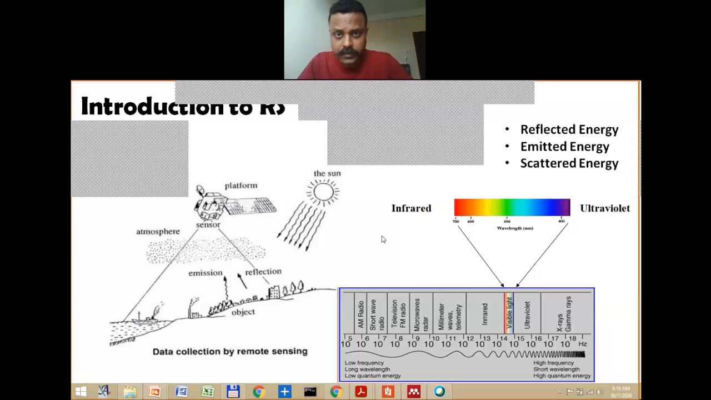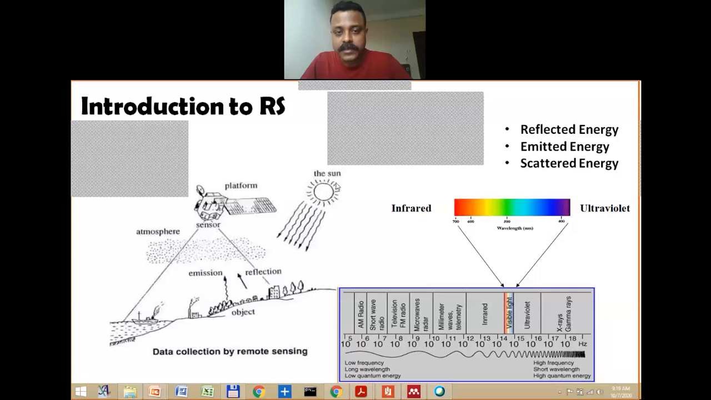So basically, we were discussing yesterday what the sensors on board the satellites measure. So in plain terms, you can say that the sensors measure certain energy which are either reflected or emitted or scattered either from the atmosphere or from various objects on the